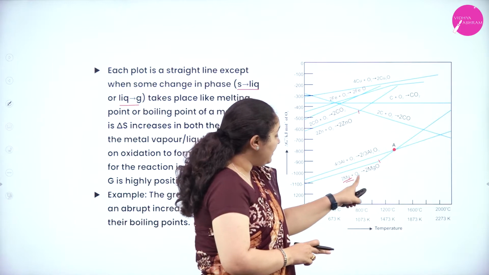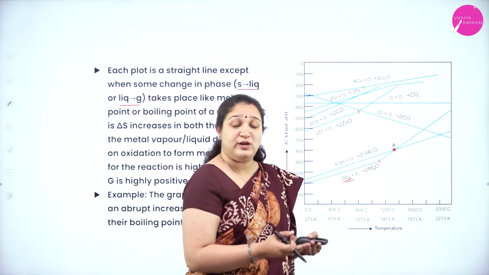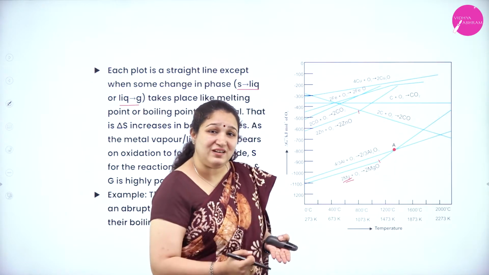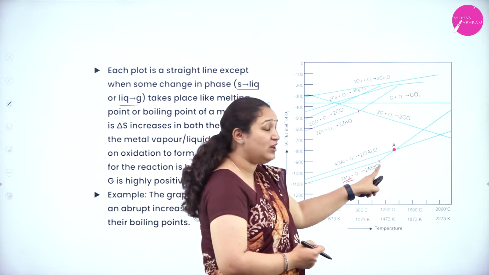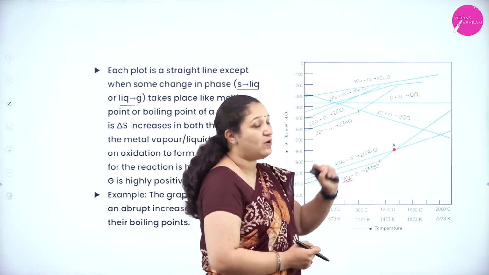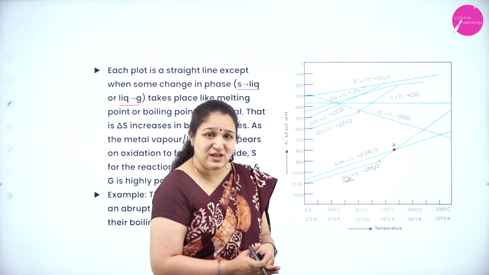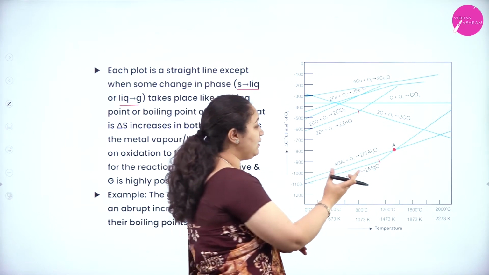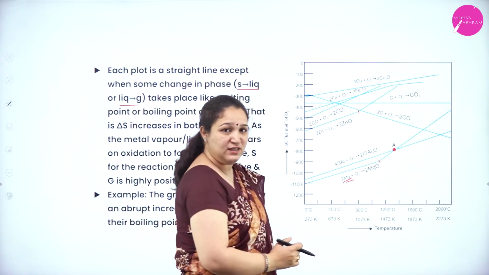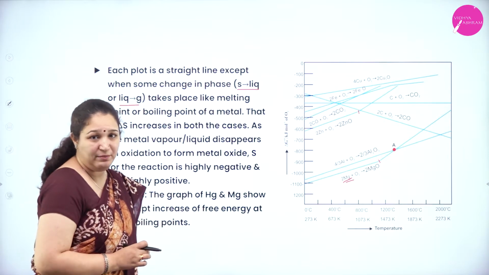So the liquid state and the gaseous state are getting converted to the solid state. So entropy is still decreasing. It's already decreasing, but it is decreasing further because you are getting a solid from a liquid and a gas. Or here you can take a gas and a gas forming a solid. So at that point, the delta S value will be much lower, and you can see they are again going faster to the positive scale. So this is one more thing which you can observe from the Ellingham diagram.